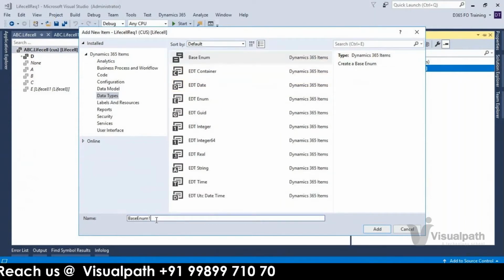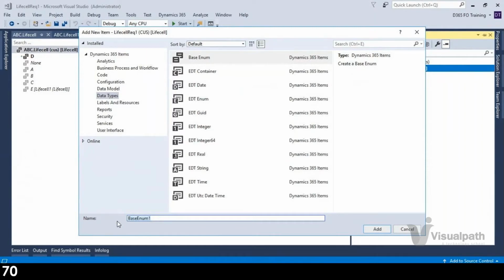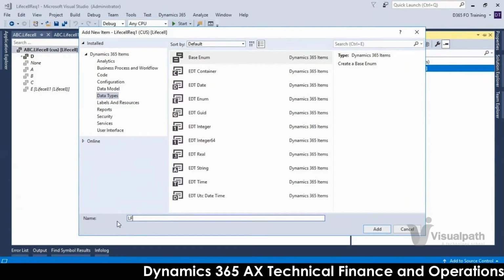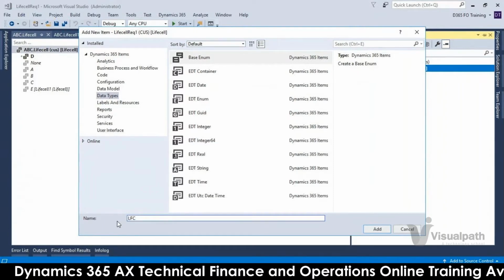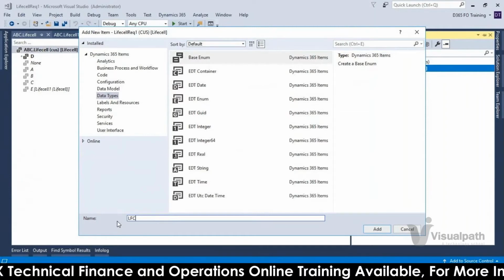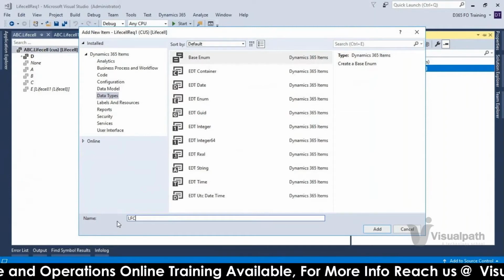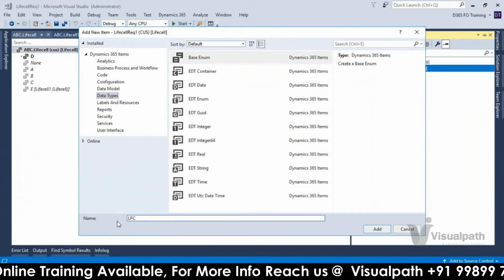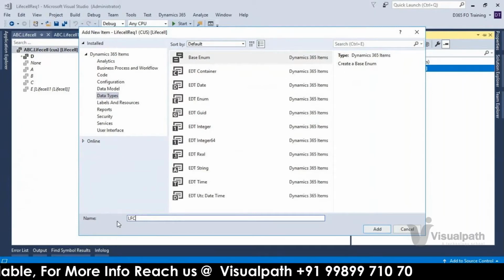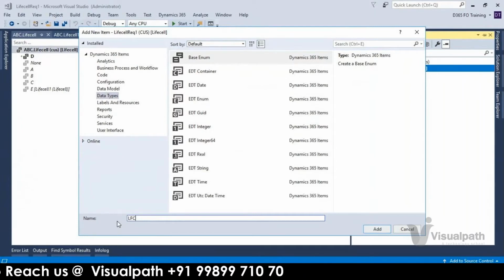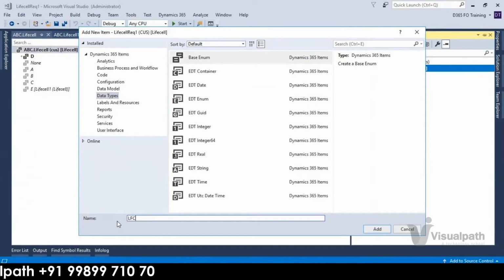I'm creating life cell. You people are prefixing with LFC, okay, I will also give the same prefix. Whatever objects you create newly, make sure you give the prefix so that code maintainability will be easy. You can easily identify instead of checking the models and everything.